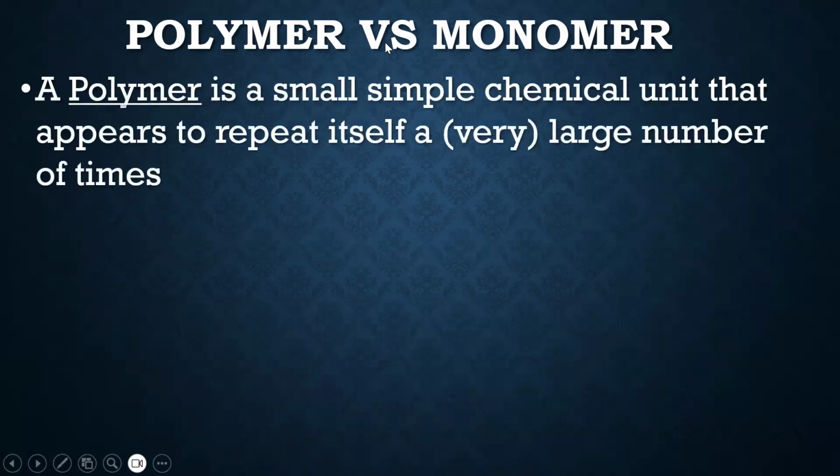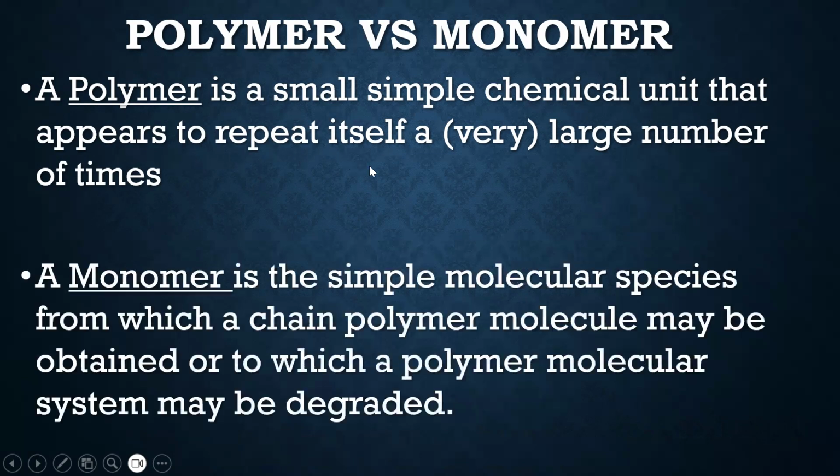Polymer versus monomer. The polymer is a small, simple chemical unit that appears to repeat itself. So, as we know, it's a repeating chain of many parts of the same unit repeating in a certain way to form a larger molecule, which is called polymer. And this unit can repeat itself hundreds or thousands of times because the polymer chain is a huge chain, while the